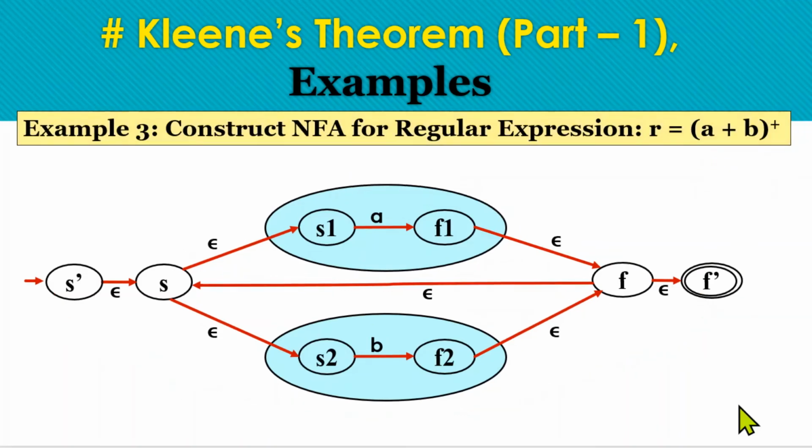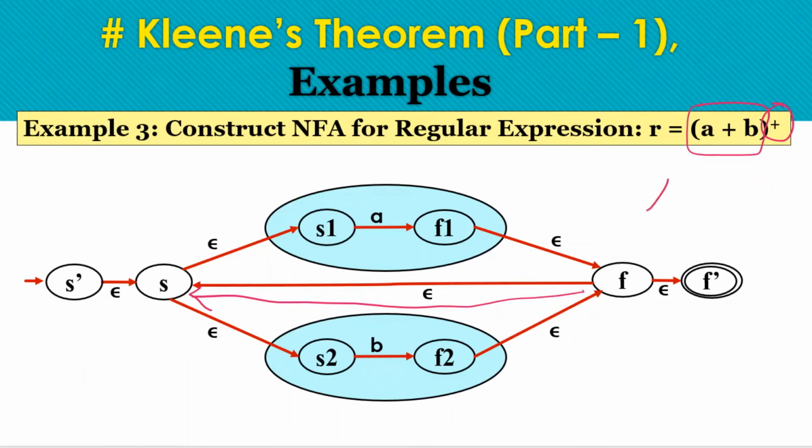Now coming to the example number 3, where we have to construct the NFA for the same machine of example 1, but this time we are taking the positive closure. So for positive closure, as one occurrence is required, so we have the same machine as example 2, because for repetition we have just added this move, means the regular expression is repeated here when we are moving back from final state to the initial state after one occurrence of the expression.